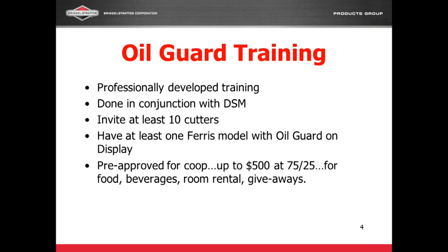We are also developing a new training presentation to help you introduce and promote the Vanguard Oil Guard system to key cutters in your area. Working with your district sales managers, invite at least 10 cutters to a meeting on Oil Guard, and you have pre-approval to use up to $500 of your co-op at $75.25 for meeting costs, including food,